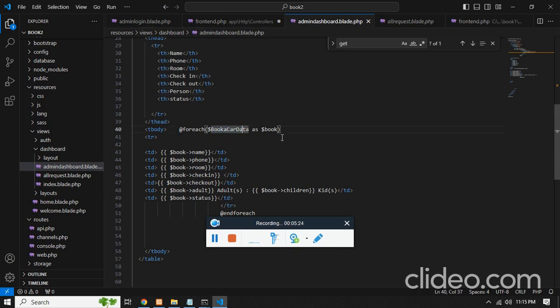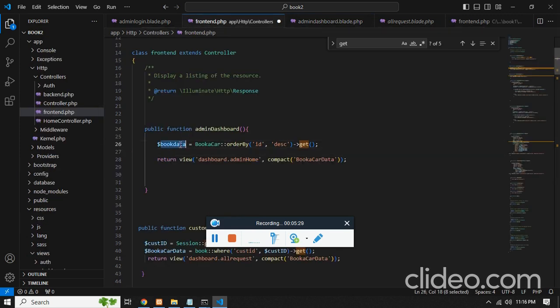Okay, it's not a car, it's a room, so even though it's just a variable change, we'll keep it as it is, and the function model is this one, and we are getting the ID by descending order and sending them back to where, to the admin dashboard